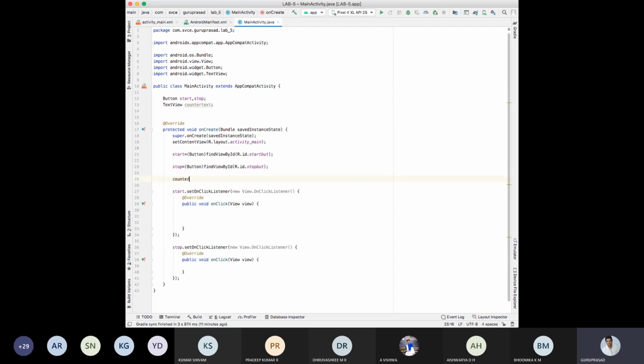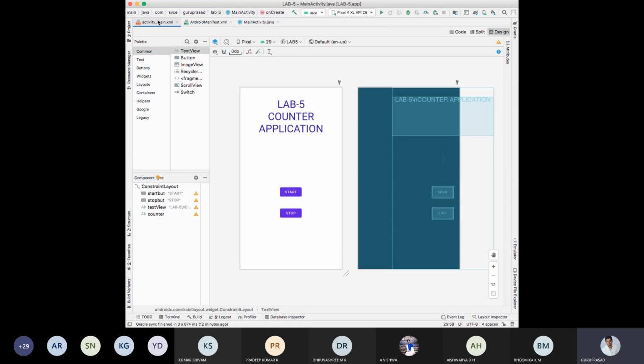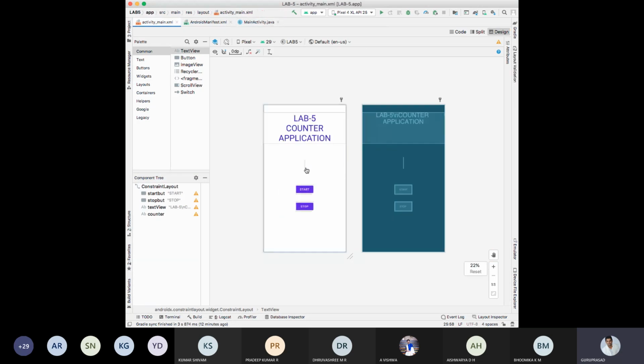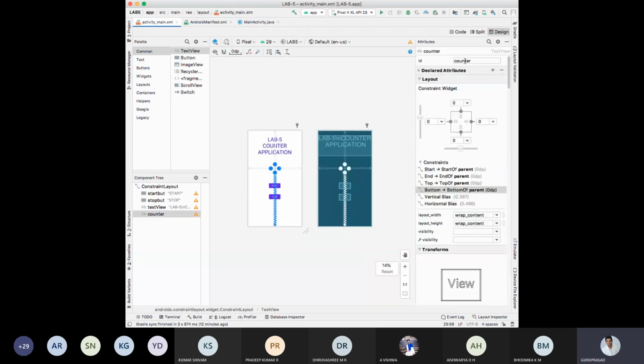Counter text is equal to, there is a text view in the resource. Find that view by ID R.id. What is the ID which we have given for the text view? The ID we have given is counter.